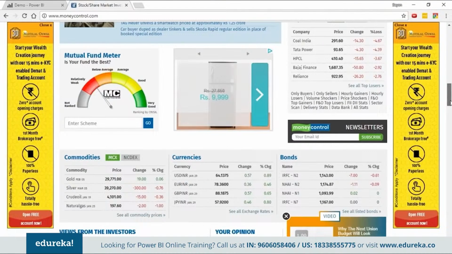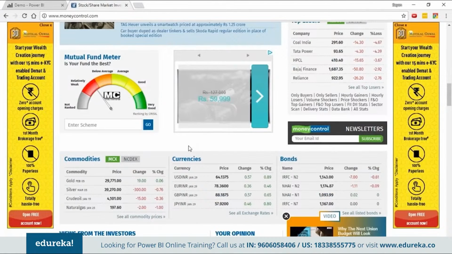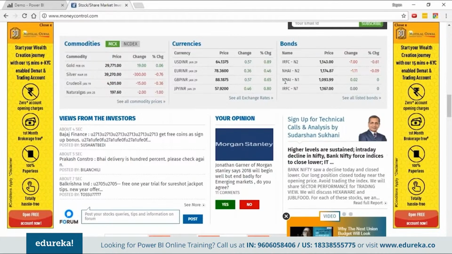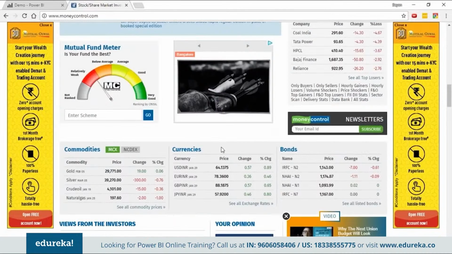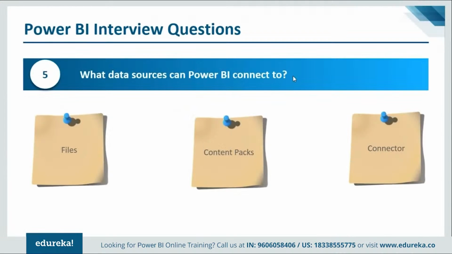You have a section on bonds, you have a section on currencies, and Power BI, when it looks at that web data, it is able to very easily scrape through that data. It's very easily able to select that data from here because at the underlying layer, these are all HTML tables. So mention some of those examples when you talk about this particular question of what it can connect to. It can connect to a wide variety of sources, and that is only in the desktop.